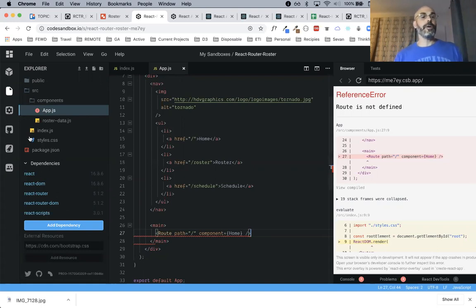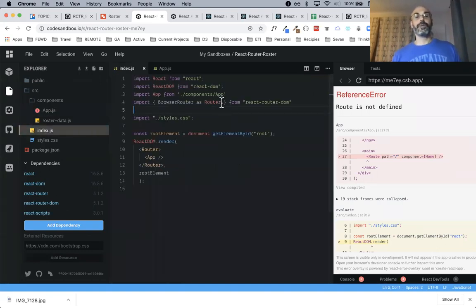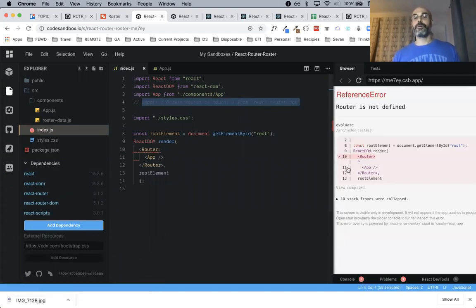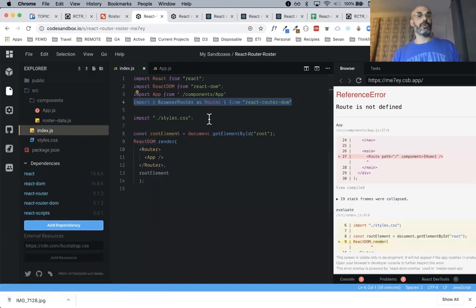Okay, now remember in index, I had to import this. If I didn't import this, if I go back here, if I comment this out, we'll also have an error that router is not defined. So it's important to import them because if you don't import them, you're going to get this error when it tries to use them.